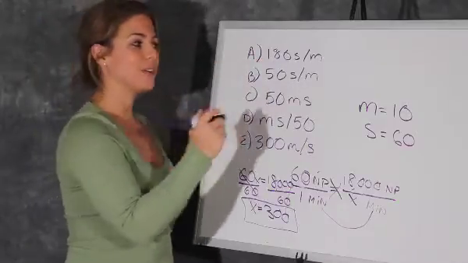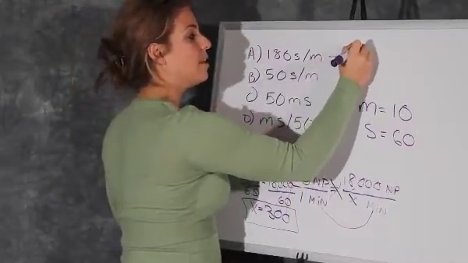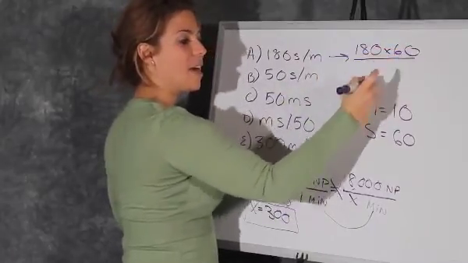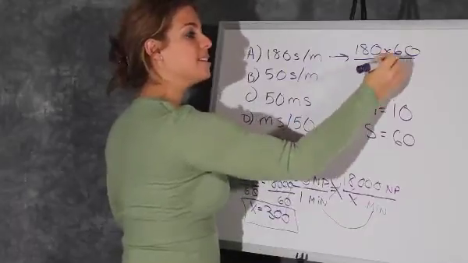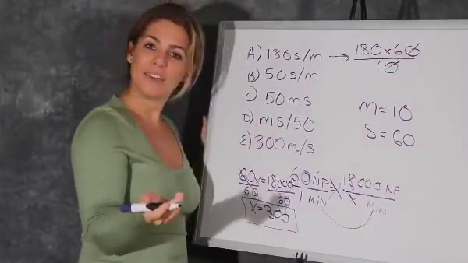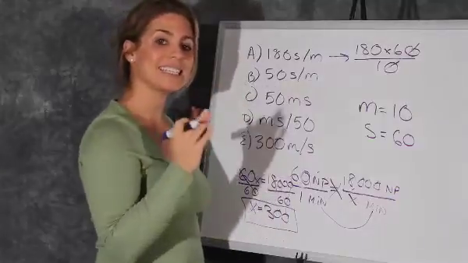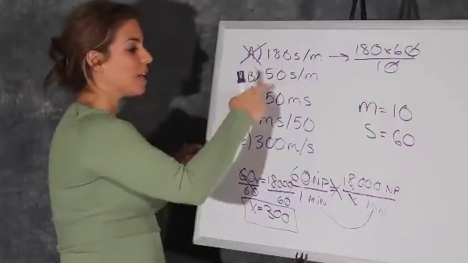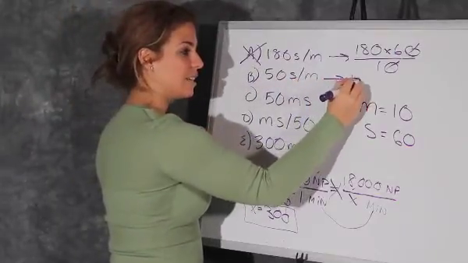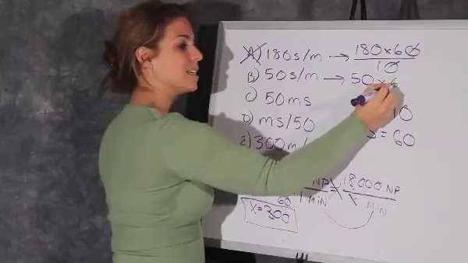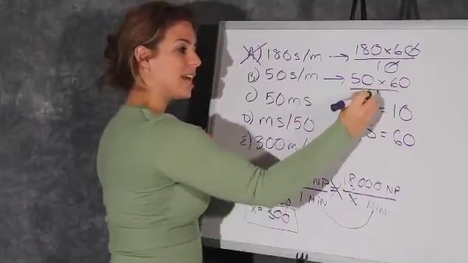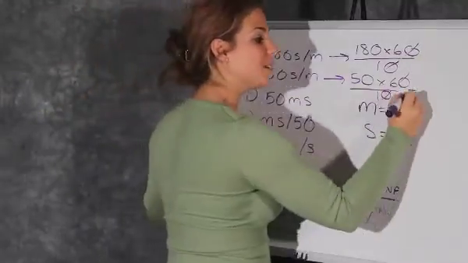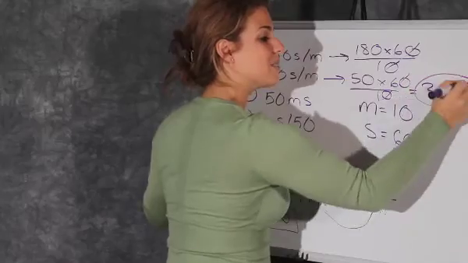So looking at A first, A is 180 times S, which is 60, divided by M, which is 10. So we can cancel out the 0, and we definitely know that 180 times 6 is not equal to 300, so A is out. It's not our answer. Looking at B, this one says 50 times S, which is 60, divided by M, which is 10. So we cancel out the 0 and we get 50 times 6, which makes us extremely happy because it's 300